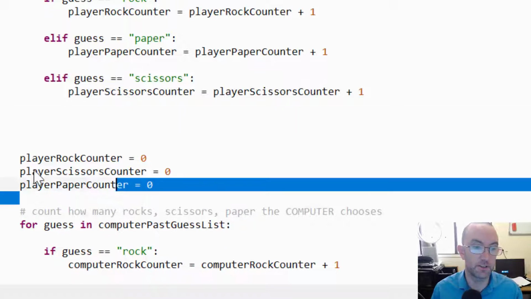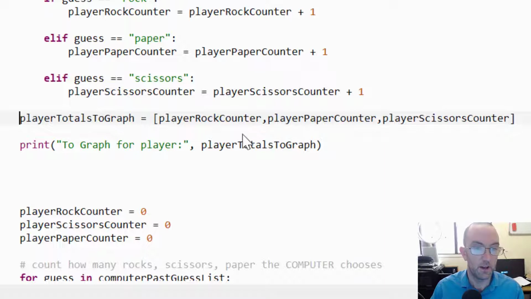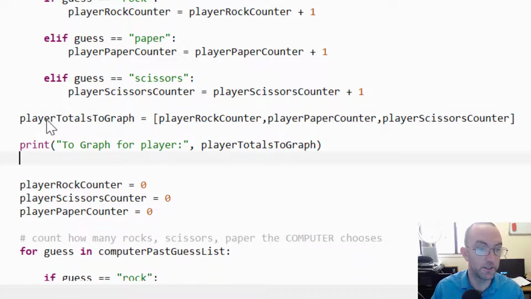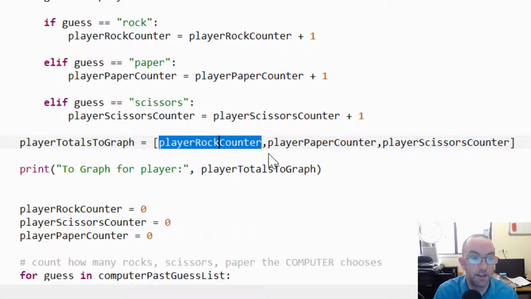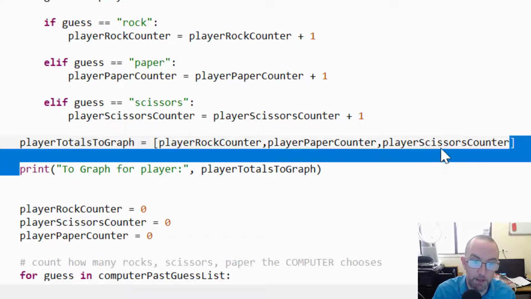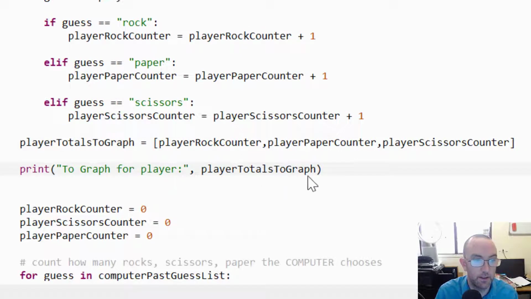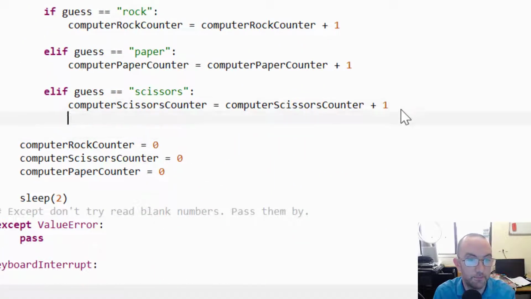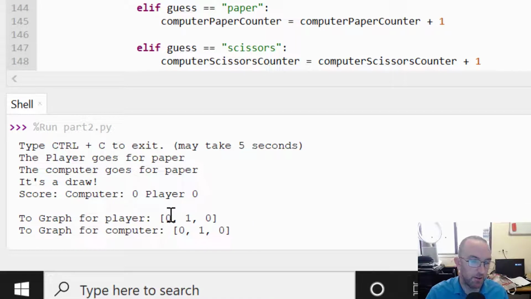just above, I need to do this above before it resets, right? Because here, I'm going to put in these 2 lines here. And what it does here is, it says the total to graph. It's the exact same as we had there in print statements, except this is done as an actual list. The player rock counter, player paper counter, scissors counter. You know, it's these totals. Okay, and then down here I do the same just for the computer,